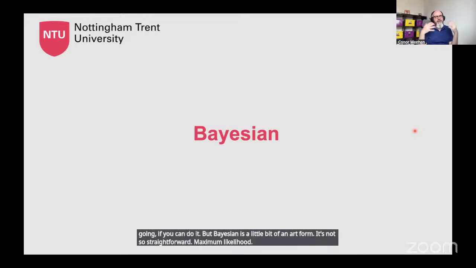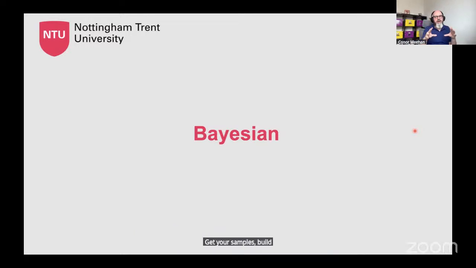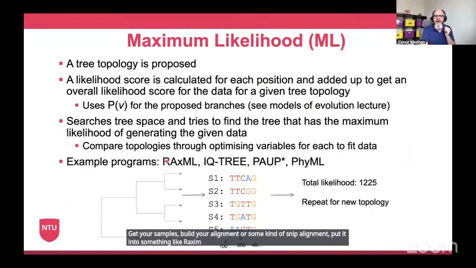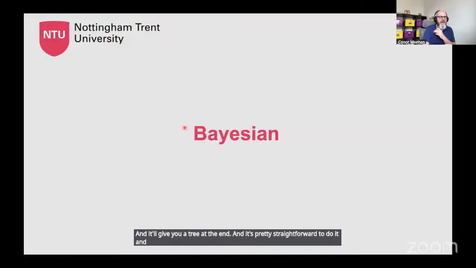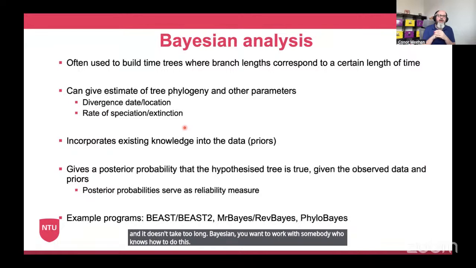Maximum likelihood: get your samples, build your alignment or some kind of SNP alignment, put it into something like RAxML. I've listed them here. RAxML, IQ-TREE. These are our two main ones for building trees. It should actually be RAxML-NG is the name of the program now. And it'll give you a tree at the end, and it's pretty straightforward to do it, and it doesn't take too long. Bayesian, you want to work with somebody who knows how to do this,